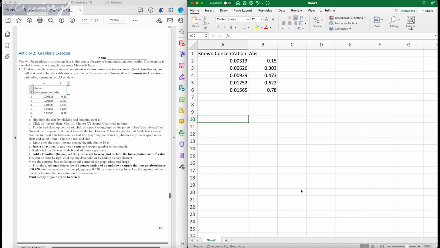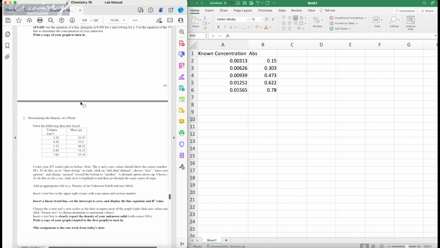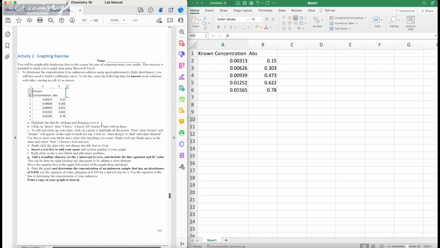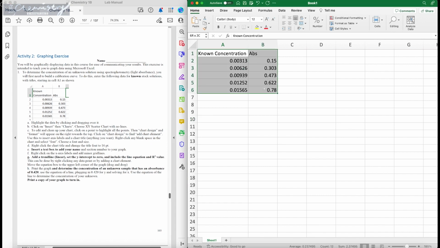Everyone, in this video we are going to be going over the graphing exercise. Over here, you can see that this graphing exercise has two parts. I'm going to use the first part to do a demonstration with Excel, so that way you can visualize the